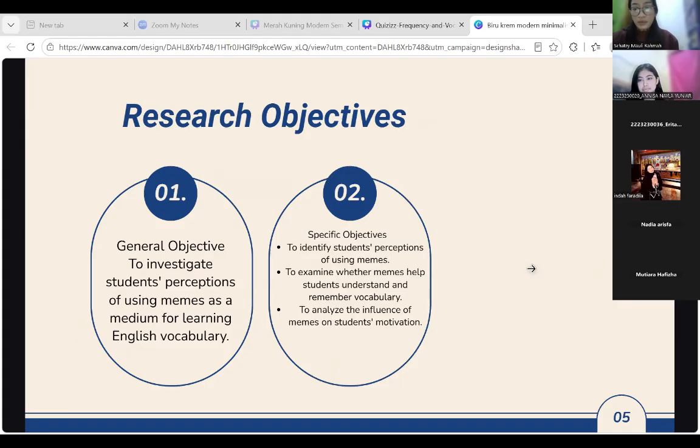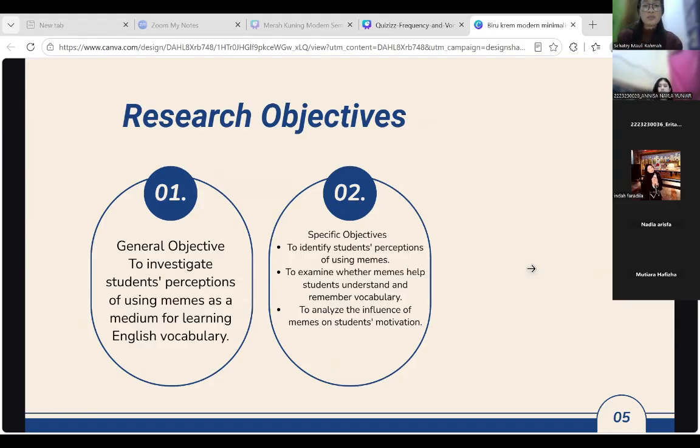Okay, so in line with the research question, this study has one general objective and several specific objectives. The general objective is to investigate student perception of using memes as a medium for learning English vocabulary. Meanwhile, the specific objectives are first, to identify student perception toward the use of memes.